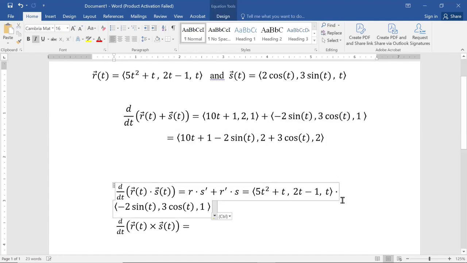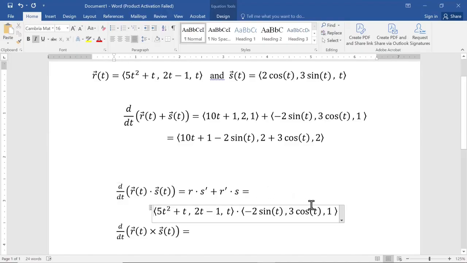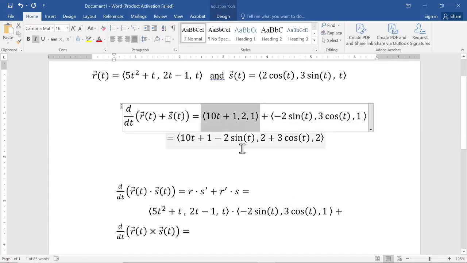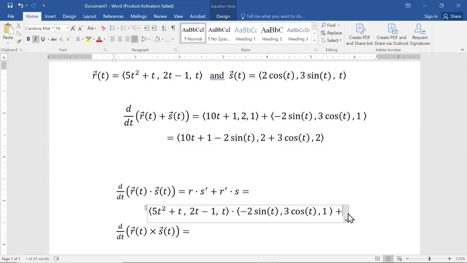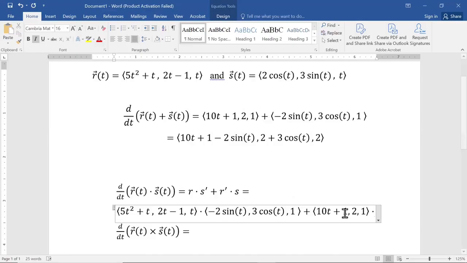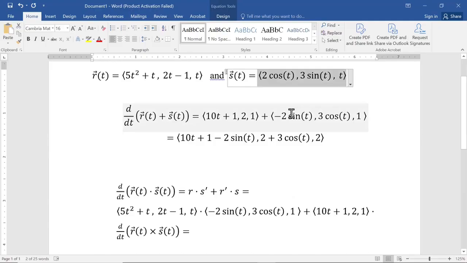I'll use another line here just a moment. Plus R prime, the derivative of R was this, dot product with normal S, which is this,